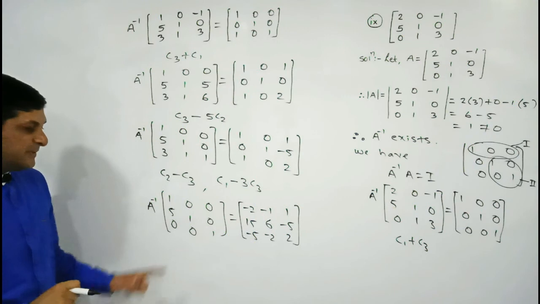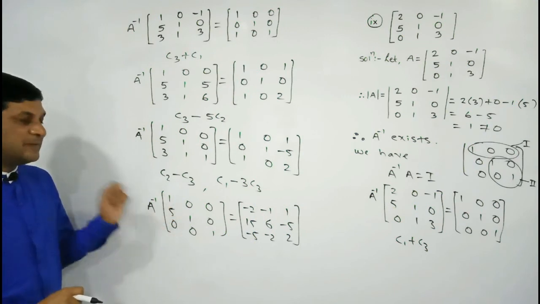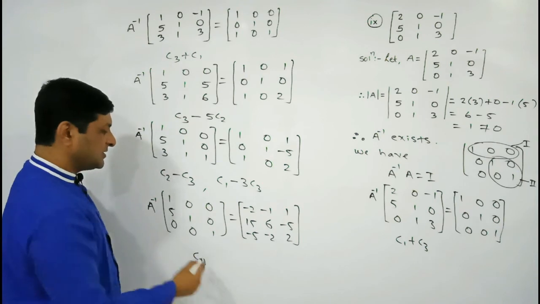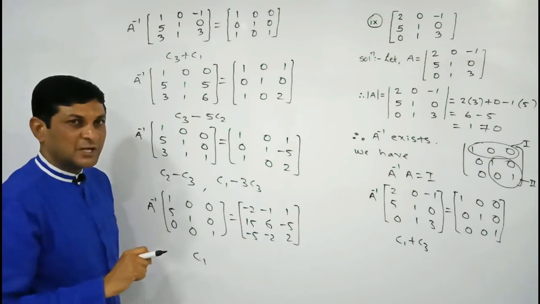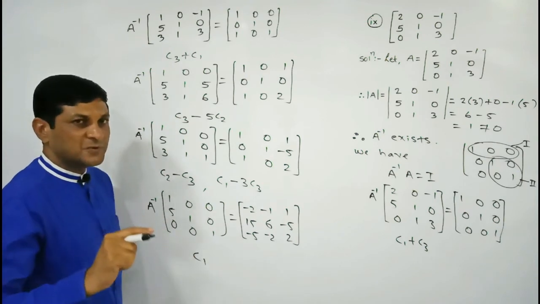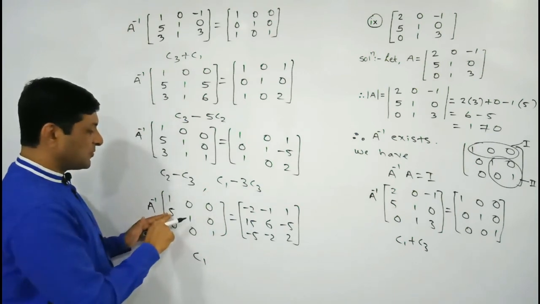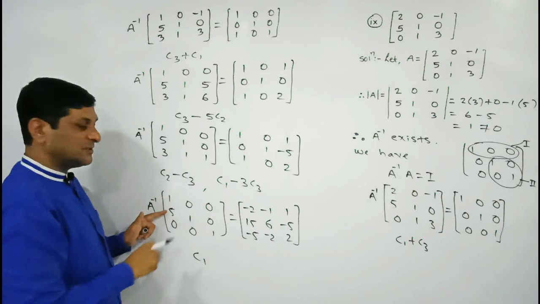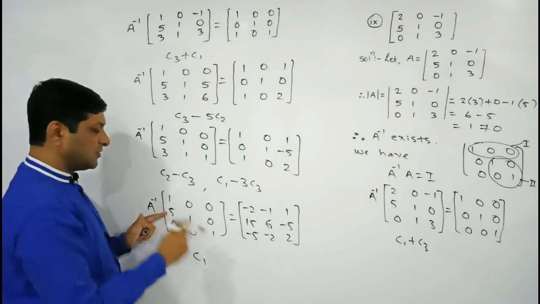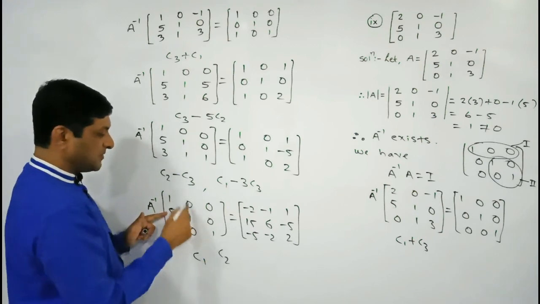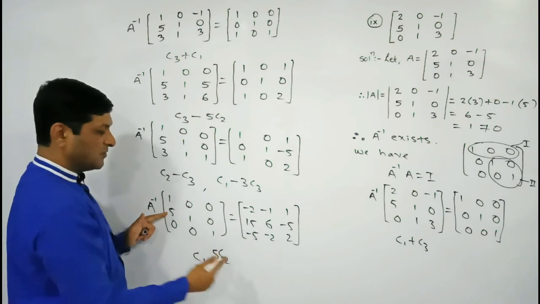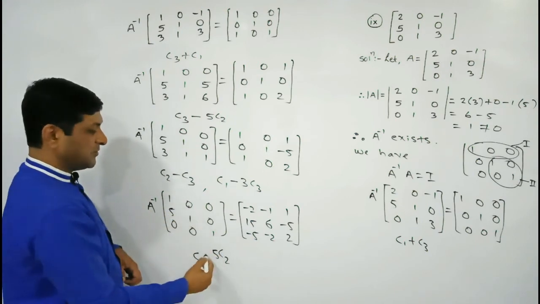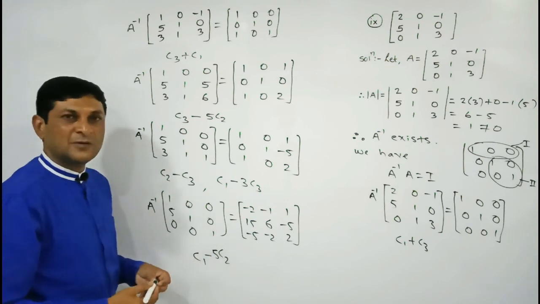Lastly, the only remaining part is to convert this element into 0. So this is an element of C1. And what is the element of C1 here? 5. To convert 5 into 0, we have to subtract 5 from it. So our operation is on C1, and we are able to use the corresponding element of C2 and C3. Using this one, we are able to convert it into 0. So we are multiplying this C2 by 5. So 5 into 1 will become 5. And 5 minus 5, we have to take the subtraction to convert it into 0.